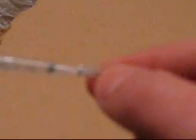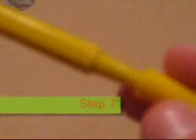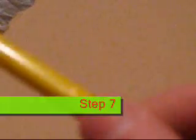Do not remove the spring. If it comes off, put it back on. And re-screw the cap. Aim. And